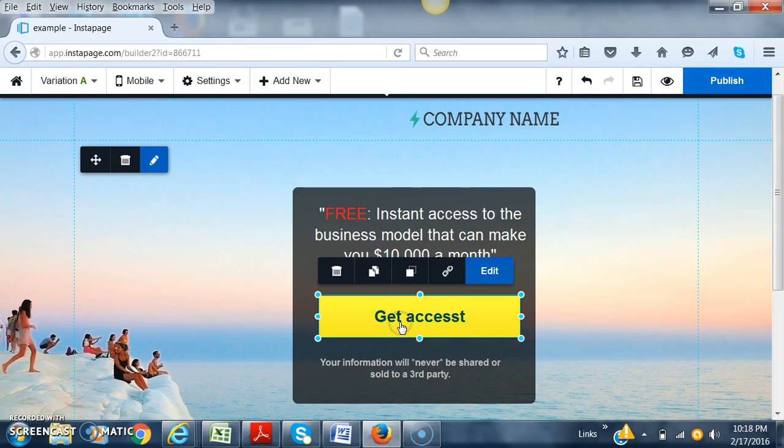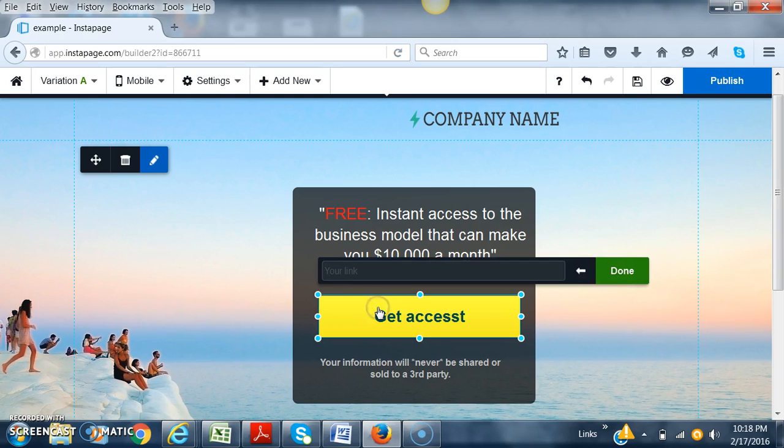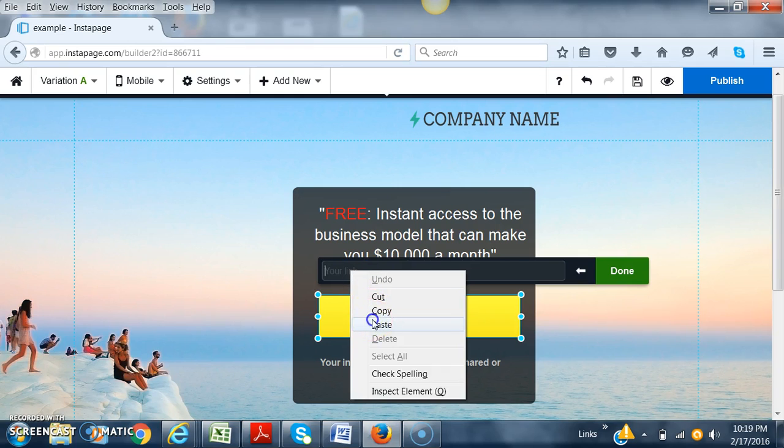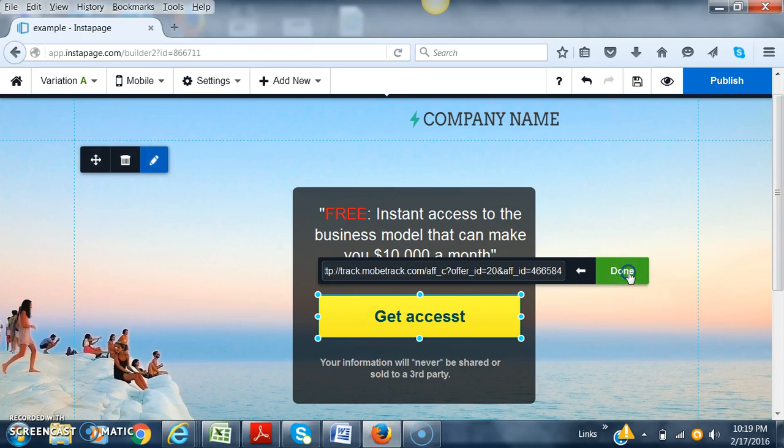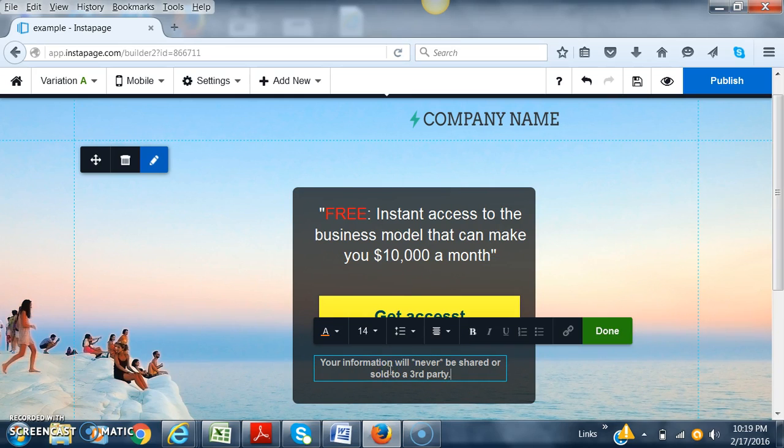But one of the most important things is you want to make sure that this is redirected. So if you're an affiliate marketer, what you're going to want to do is put outside URL, and you're going to paste the link into there, and that's where this page is going to redirect your release to. And for this down here, because I'm going to have their email, I'm going to put them in my autoresponder. I want to make sure that they know that they're going to be getting my email. So I'm going to say,